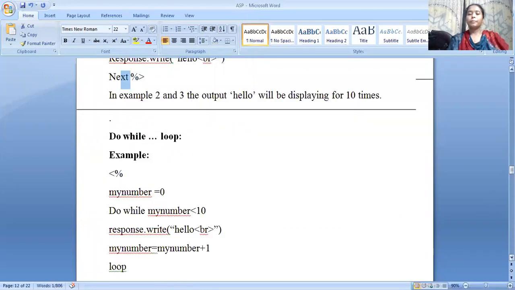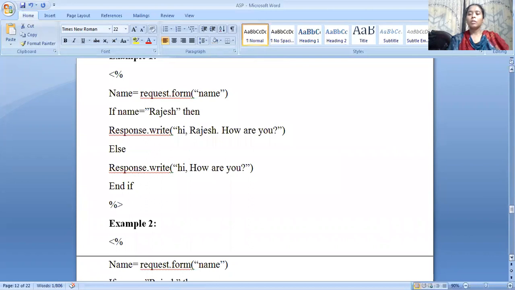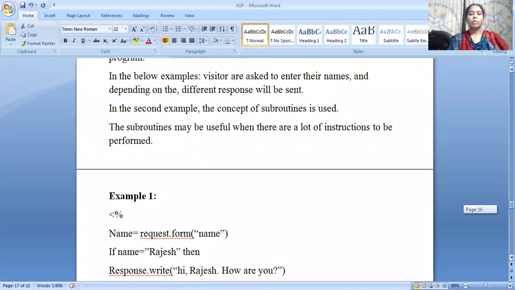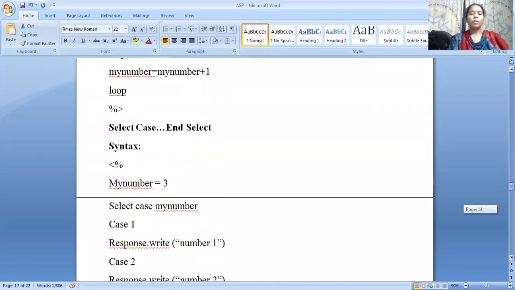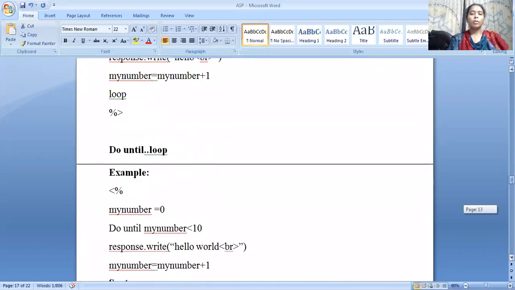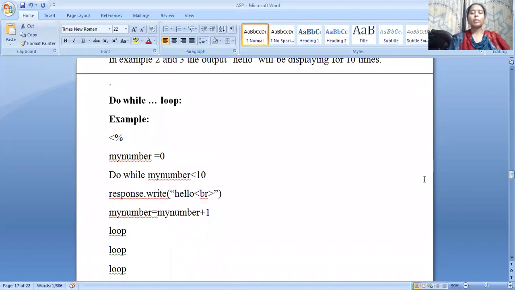Coming to the next syntax, that is do while. Here 0 is assigned to a variable called my number.